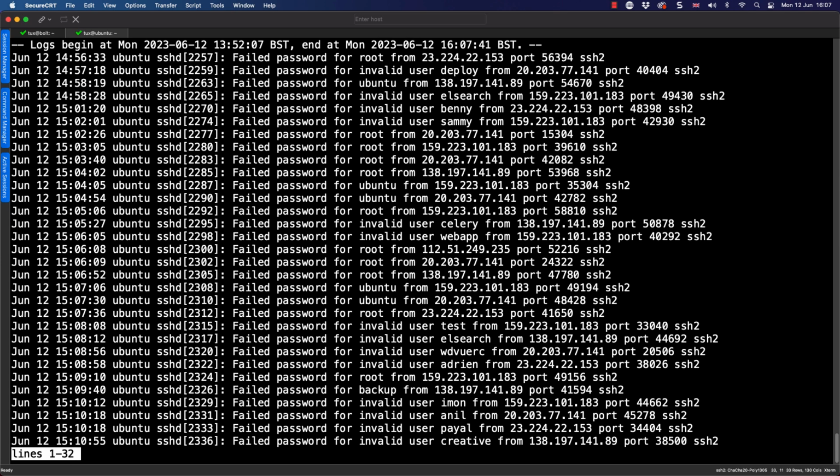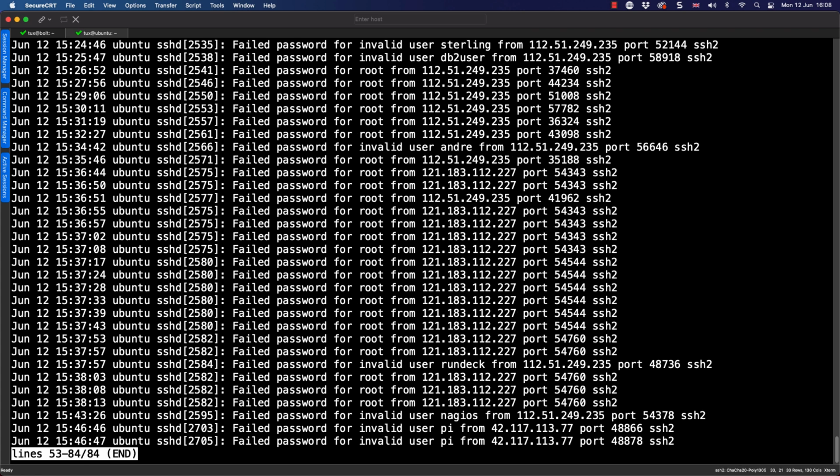And we can see then there are many potential attacks happening on our system. So it's looking for failed password. And it's got failed password for invalid user or for root. Now, of course, we do need to take a little bit of care. If we had had a failed password for our own user account, our IP address might appear in this list. But as a basic test, this is a great starting point and something that we're going to be taking a look at how we script.